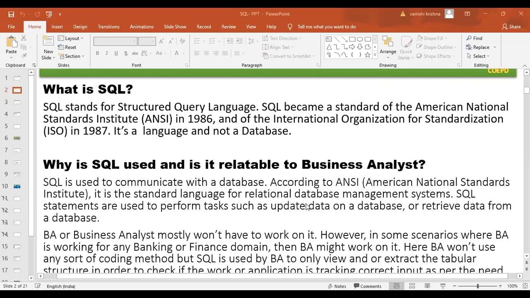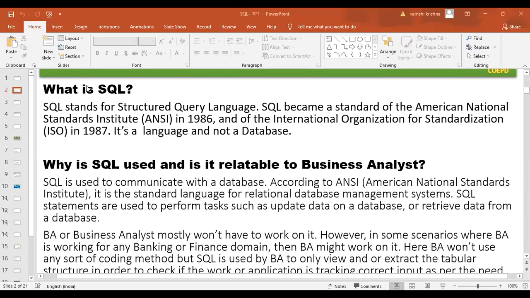So one of the very important and very popular database tools is called SQL. If you look at the screen, the sentence says it's a language, not a database. SQL is a language, not a database.